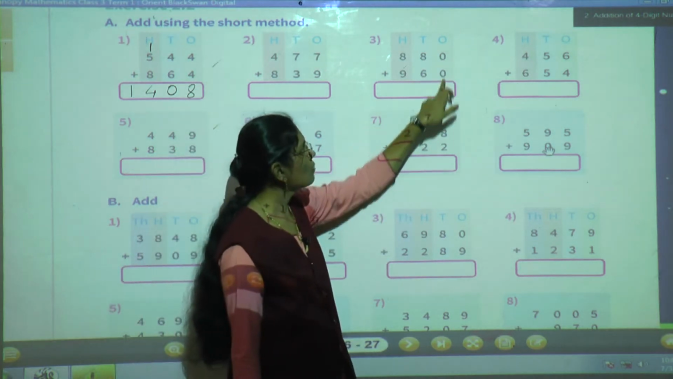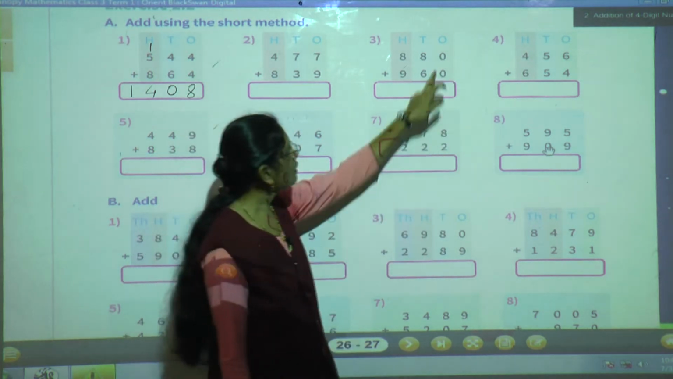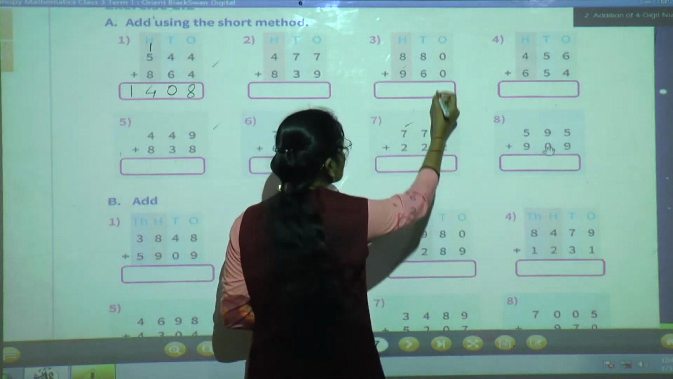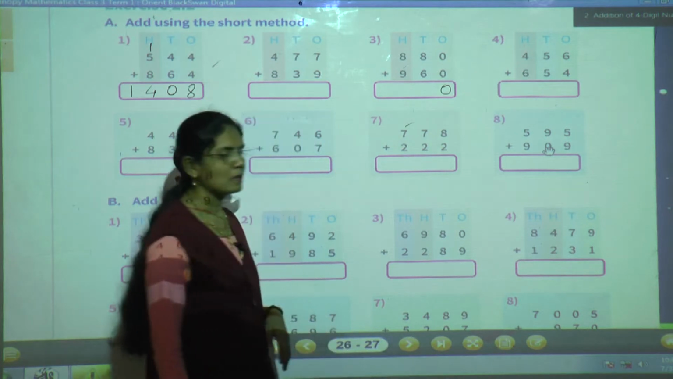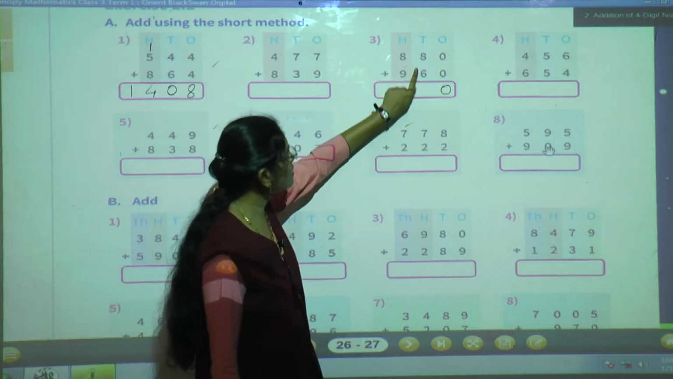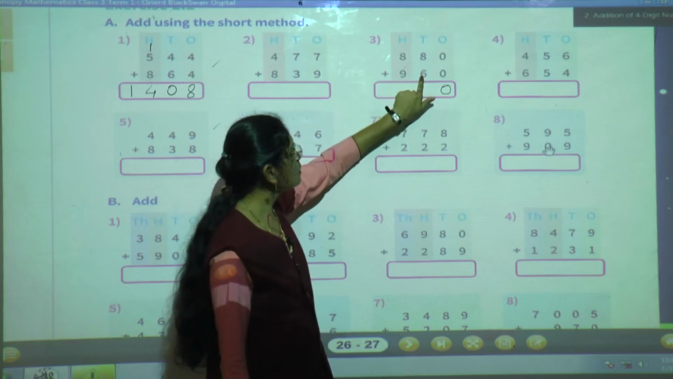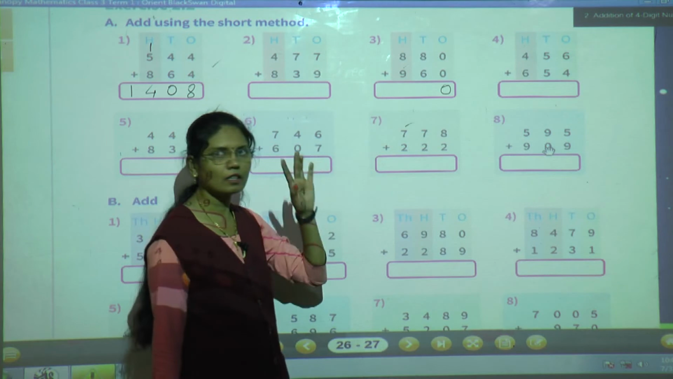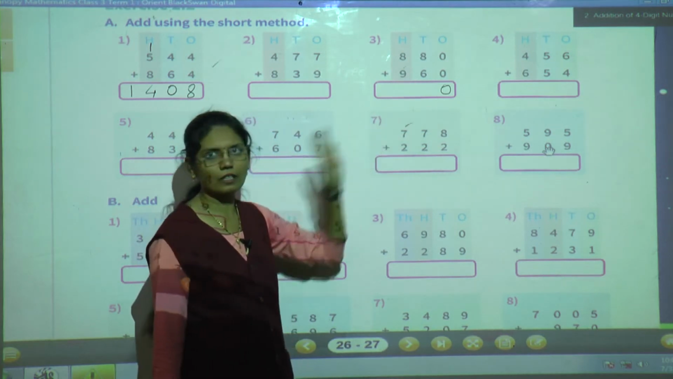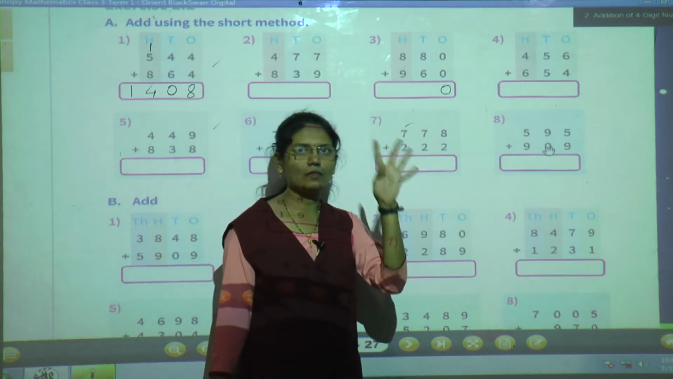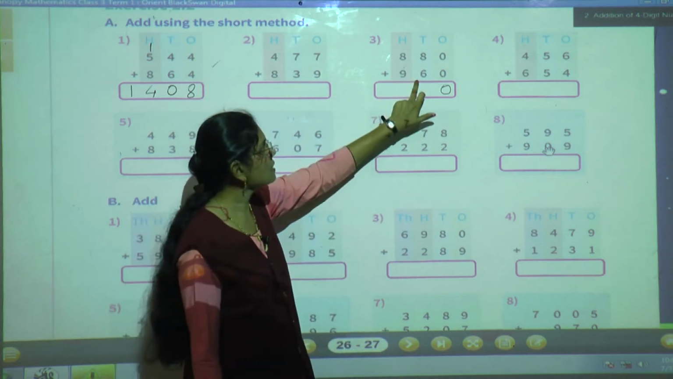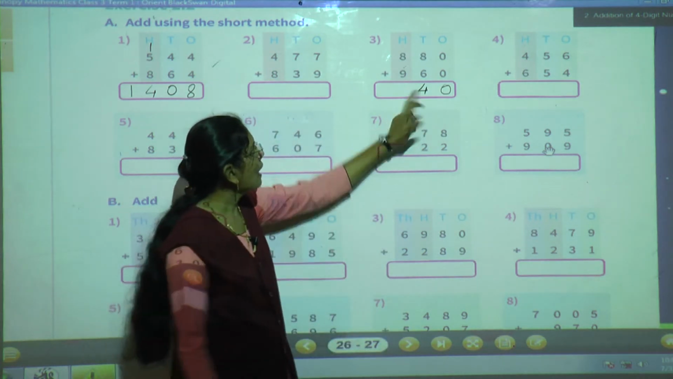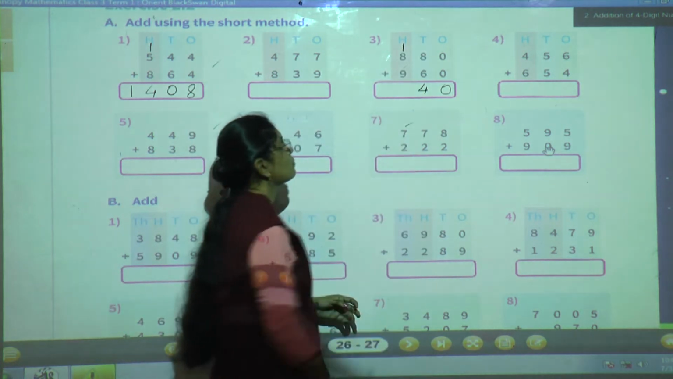See the ones place digit. Here at ones place 0 is there, here also 0 is there. So 0 plus 0, 0. Now see the tens place digit. At tens place, here 8 is there and here 6 is there. 8 tens plus 6 tens. This 8 keep in your mind, 6 show on your finger. After 8 count your 6 fingers. 9, 10, 11, 12, 13, 14. So 8 plus 6, 14. So in the 14 at ones place 4 is there and 1 we will give as a carry to the